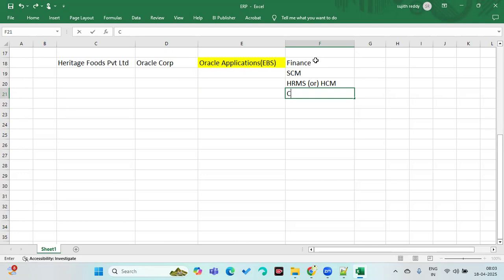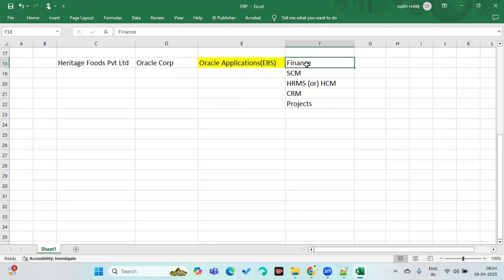And I want to maintain CRM, Customer Relationship Management. Let's say I have 40,000 customers. Then I have to analyze my customers and improve my business. I want to increase my business turnover by going through these customers. That's what we call CRM software. And we have other domains also, projects.